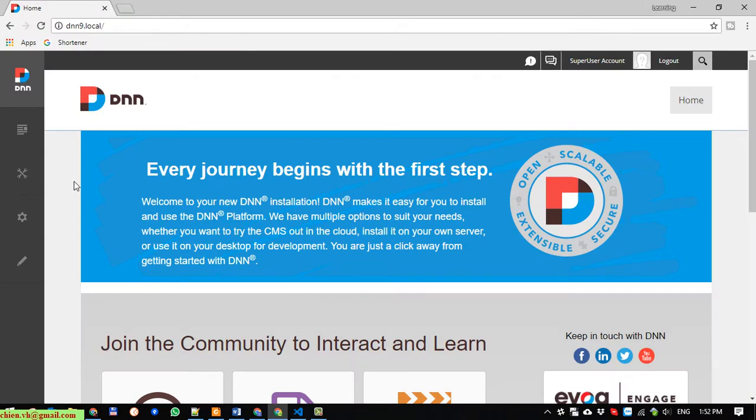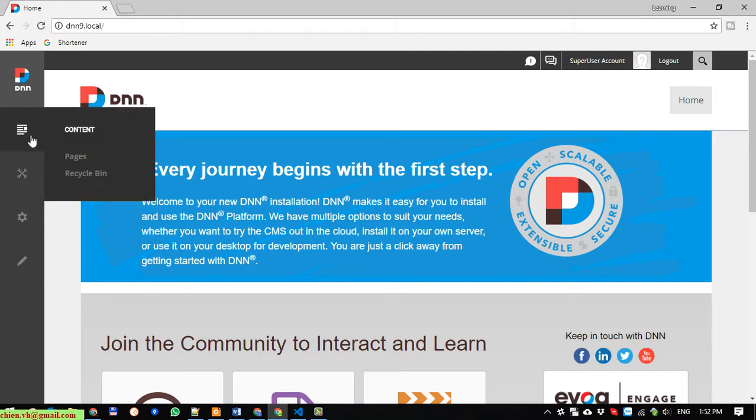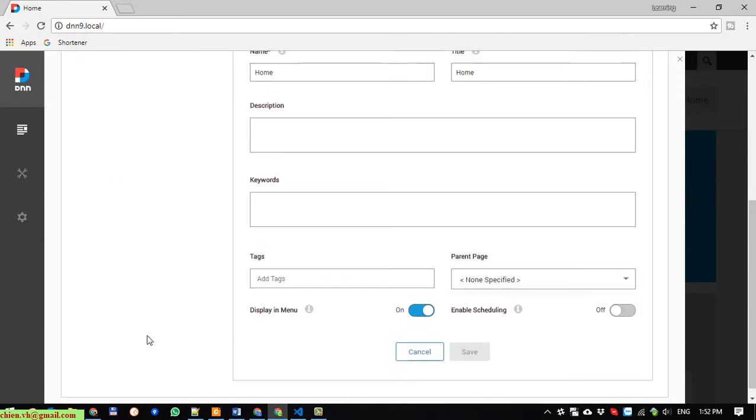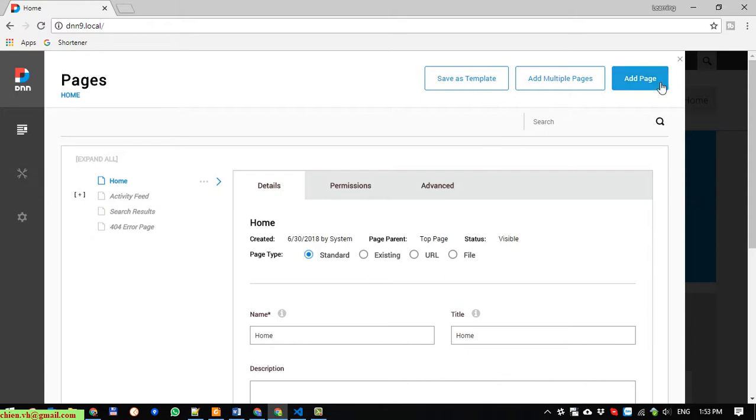This is the dashboard of the website we are working on. Here I will click on the menu on the left hand side and open the pages. Here it will display all of the pages in the website. And now I will go ahead and create a new page. Okay, add page on the top,